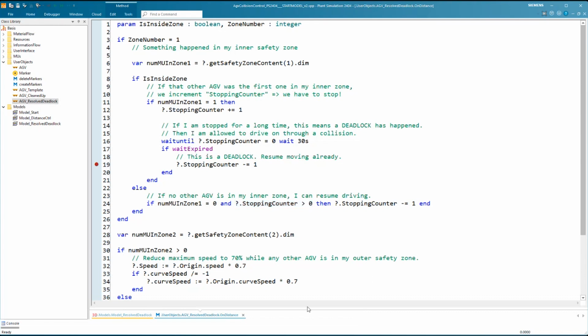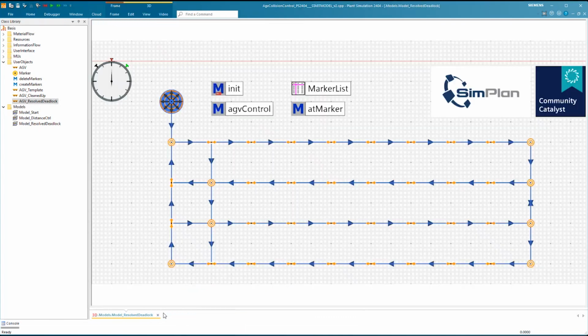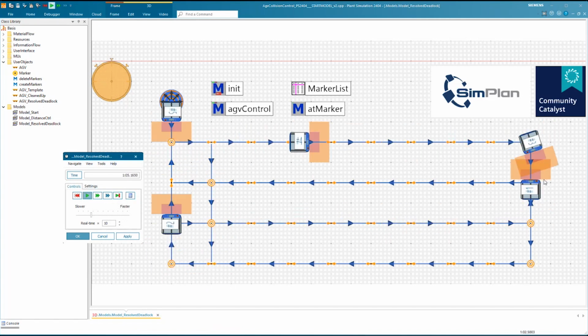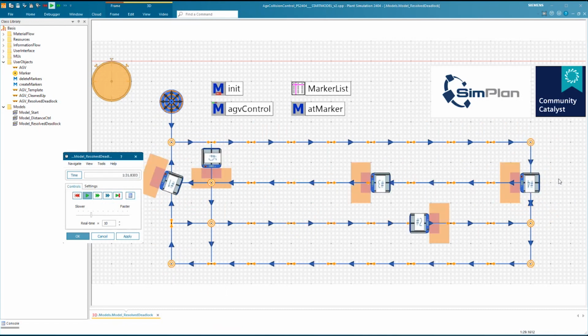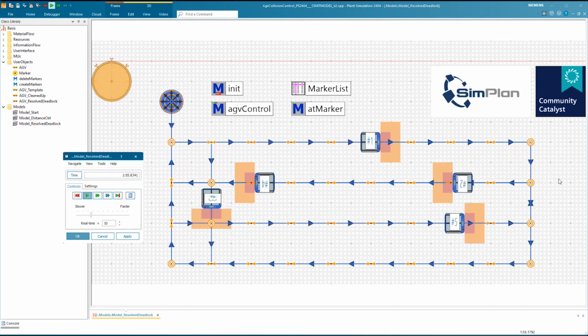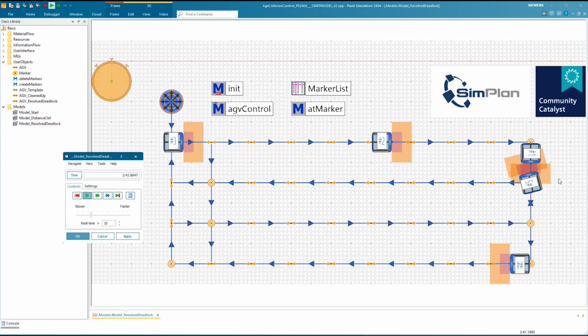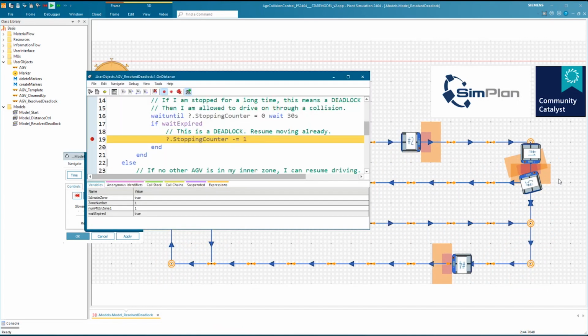And then I will put a breakpoint in here and use my new AGV class. Set the speed 10 times and let it run. And then in this corner here, you will remember there was the place where we had the collision between, I think, AGVs 5 and 1. So here they come, and now they are locked. And the simulation is now running for 30 seconds. So I have a speed factor of 10. So 30 seconds have passed.